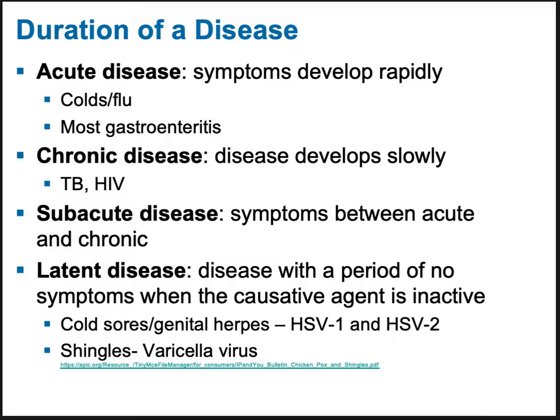Shingles is caused by the varicella virus. This is the chickenpox virus. And sometimes when someone has the chickenpox, the virus actually migrates into the central nervous system and then becomes dormant for a very long time. And then usually when you're older, like 50s, maybe even 60s,